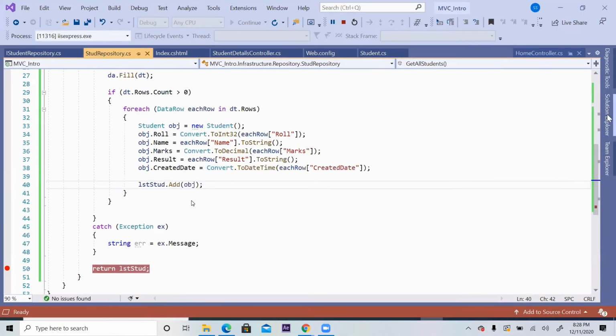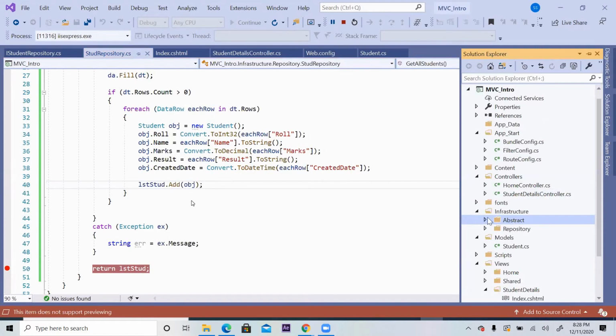Okay, so in this level, we are using a separate folder. In real-time projects, probably instead of a folder, we can create a separate class library, so that at any moment of time, if I want to take that DLL, it will give me entire database communication functionality as a single DLL separately.